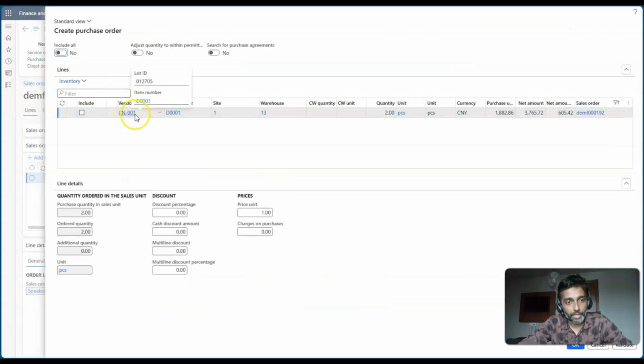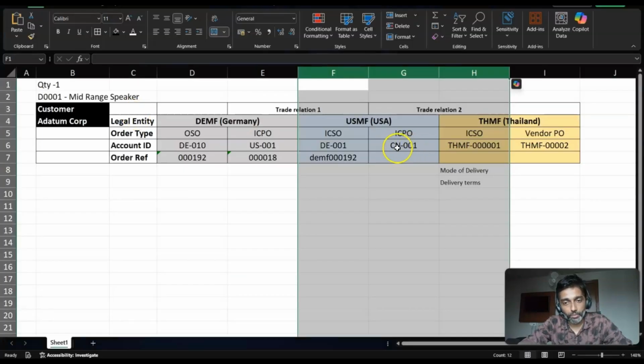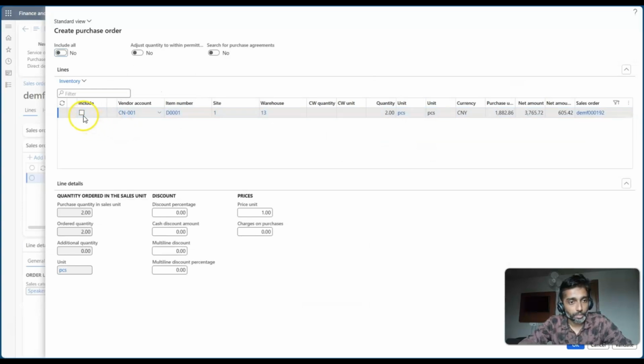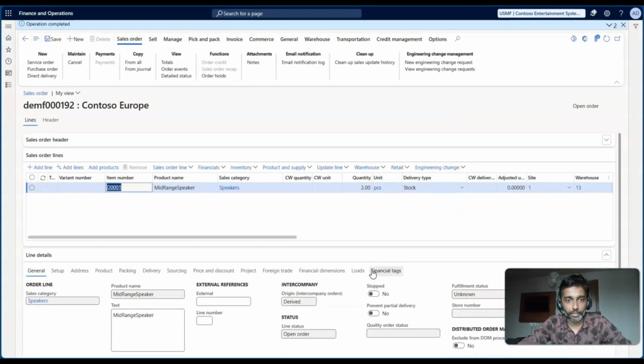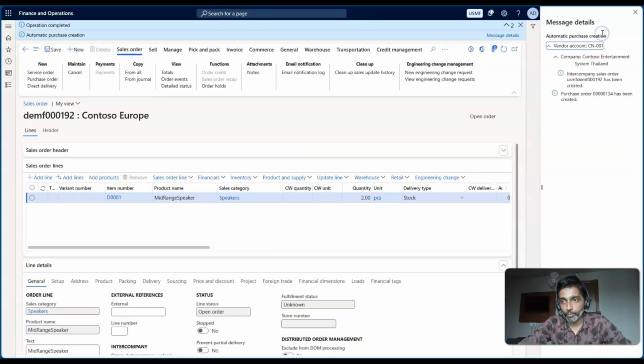and you can see the vendor account is CN-001. So this is the vendor account CN-001. Let me click on include and then click on OK. This will create the next intercompany chain link and create the subsequent 3 orders. If the operation is successfully completed, if I click on message details, you can see once again the intercompany